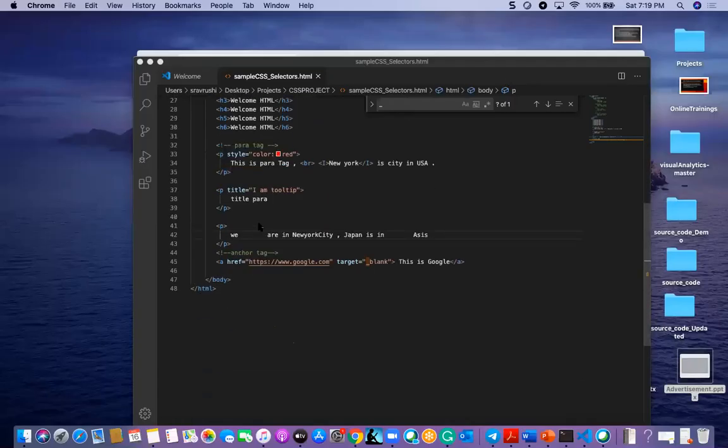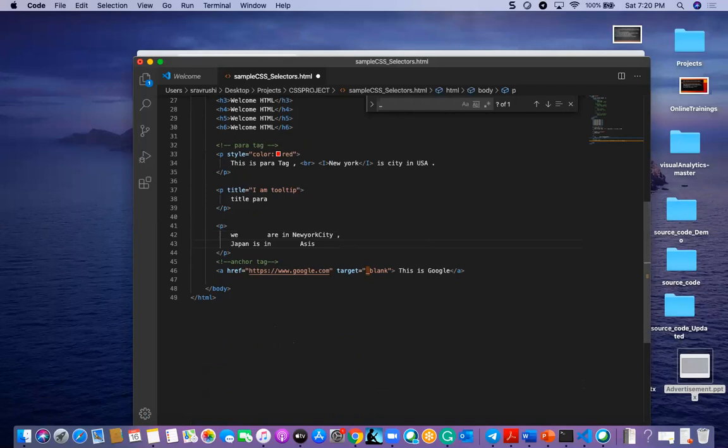And one more we will see, the pre tag. The pre tag preserves both spaces and line breaks. So if you have any line break in a para, it will preserve the line break also. Let us think this Japan and this you are in both are in different lines.